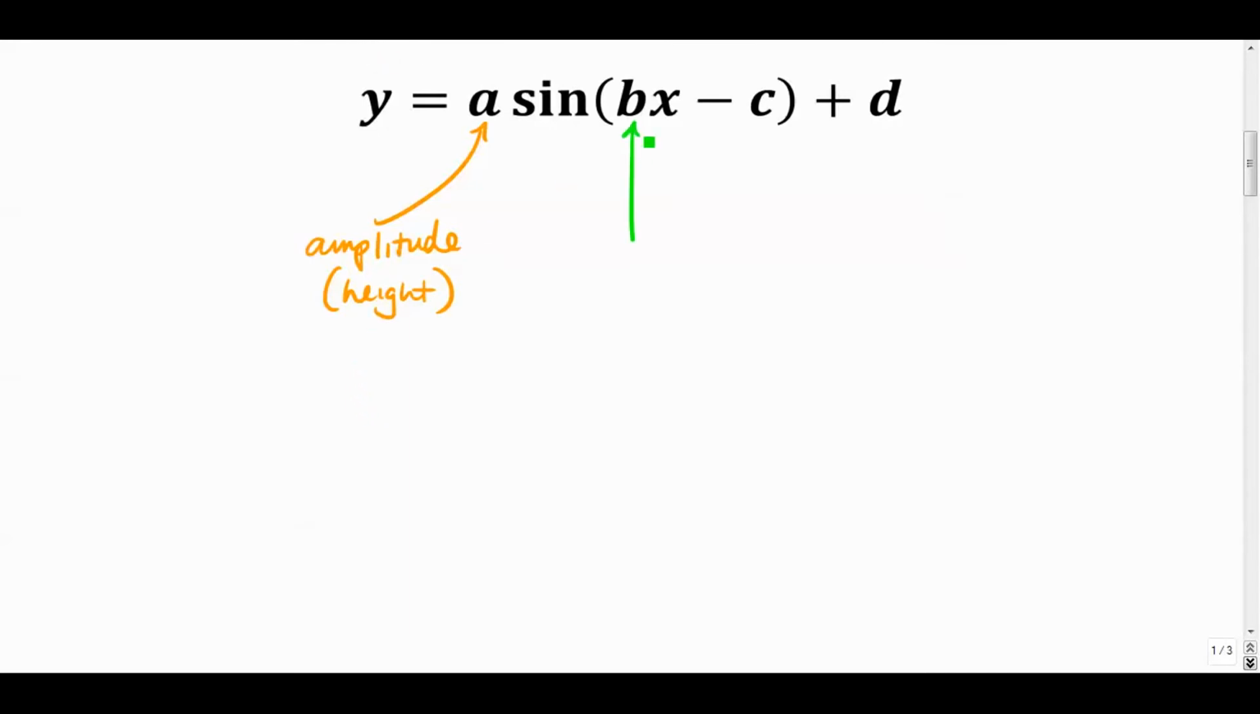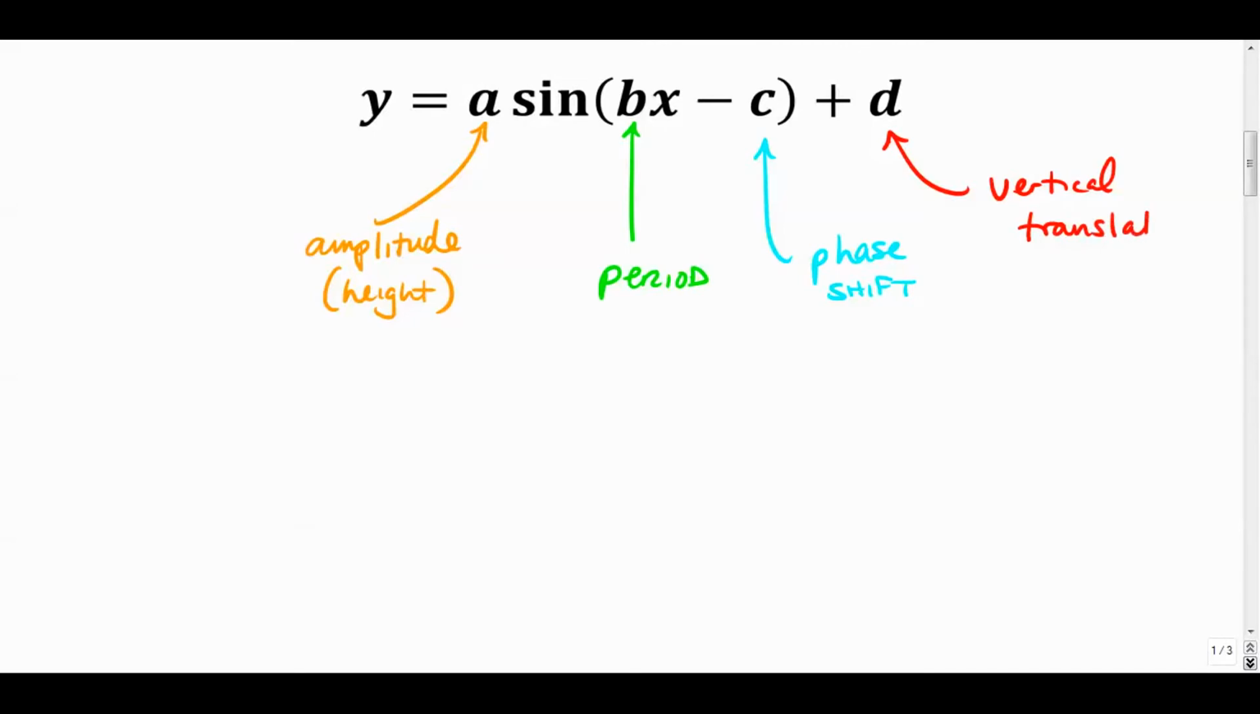It's not really a formal definition, but the b term will determine your period. That will determine your period change. The c term is going to determine your phase shift. And finally, the d term is going to be your vertical translation. A translation is just a slide. Okay, so when we get to these things,